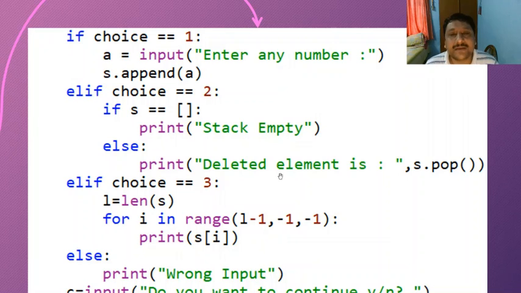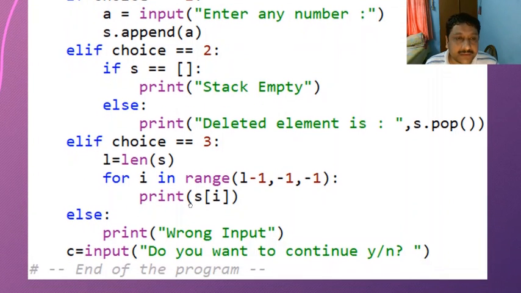Else it will delete the element, and the pop function is used here. It will first remove the element, and that element will be displayed by the print function. Then the third choice is the traversal. Traversal means we visit each and every element, and display how many elements are left in the stack. We can check here.